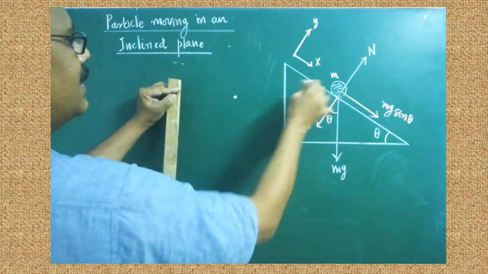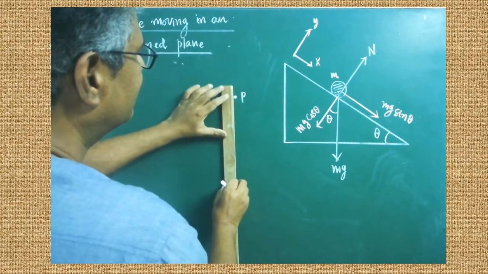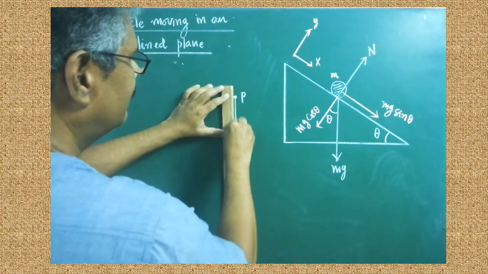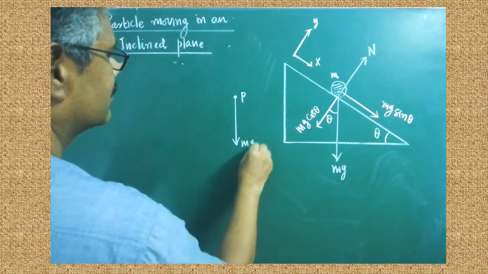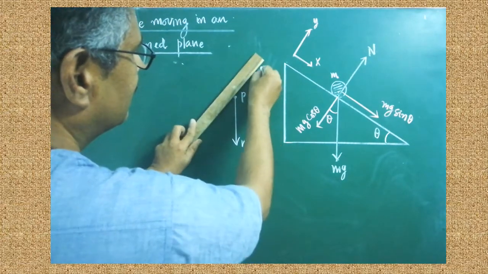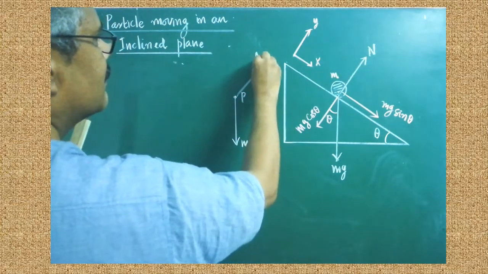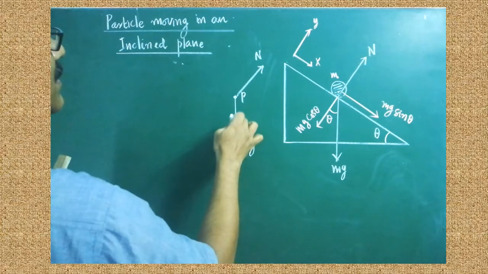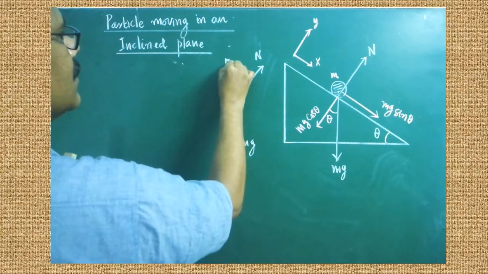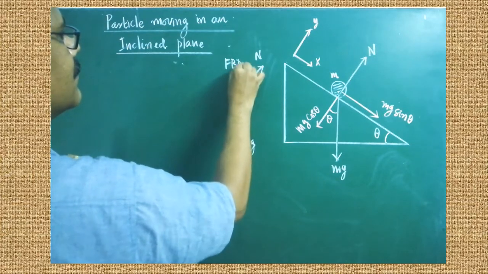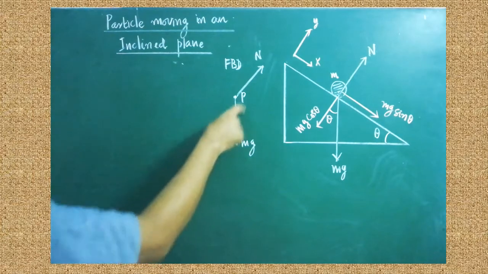The body can be represented by a point mass, and then we have to draw the forces. Are you clear? The first force is the gravitational force. The second force is the normal force, and the normal must be drawn in the same direction as shown here. So there are two forces acting on the point mass in this free body diagram. For the free body diagram, a separate mark will be given. So here we have found that two forces are acting.